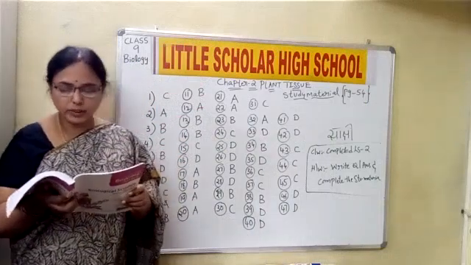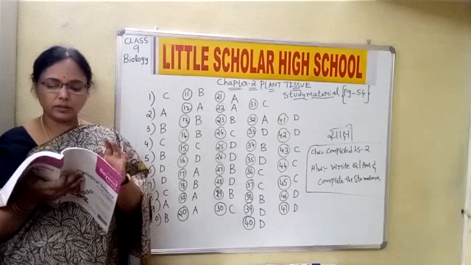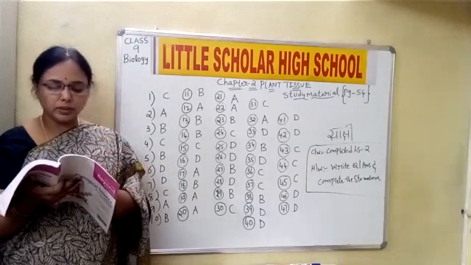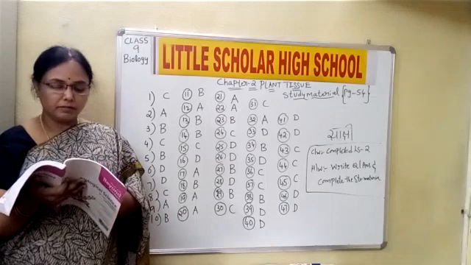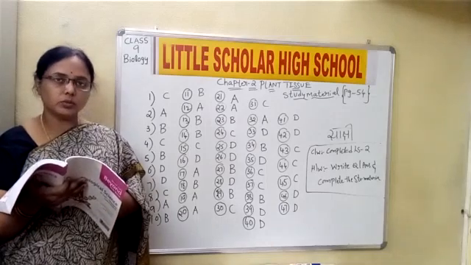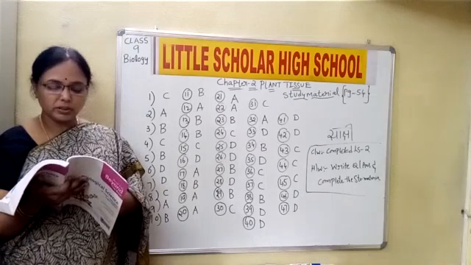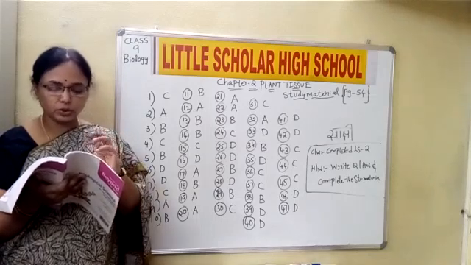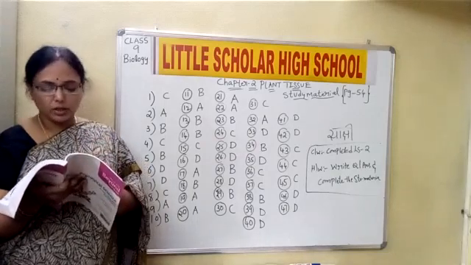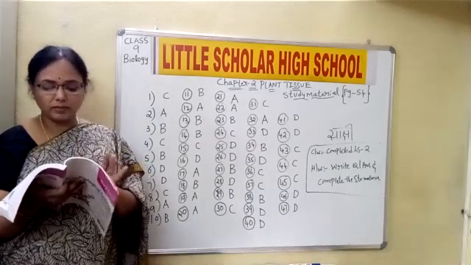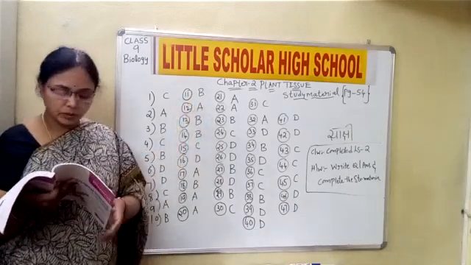Which of the following is not a correct statement? We have 4 sentences here. I am reading the correct one, children. Tissue is a group of cells which do not perform similar functions. Tissues come together to perform some function. Yes or no? So different tissues, different functions. But a tissue is a group of cells which perform similar functions, not which do not perform the same. So 11th B is the answer. 11th B. 12th one.